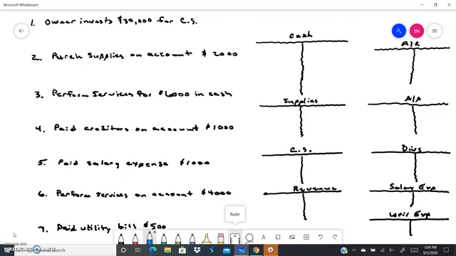What accounts are being affected? Well, cash is being affected and the common stock account is being affected. Which way are they going, up or down? Well, cash is going up and common stock is going up. So now we're going to apply the rule of debit and credit. An increase in an asset is a debit. Since cash is an asset, cash is going up, cash is a debit. So what we're going to do is, the way a journal entry is written, the debit always comes first, okay? So debit, cash,